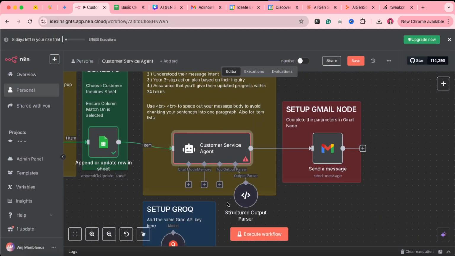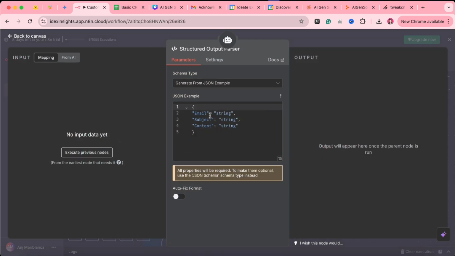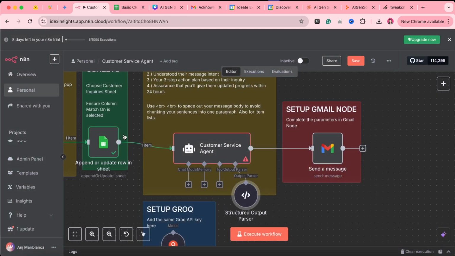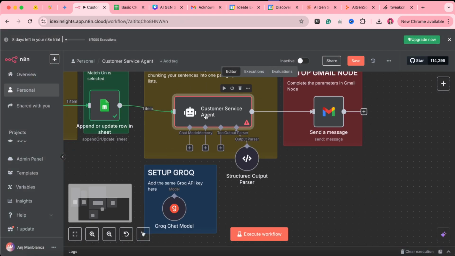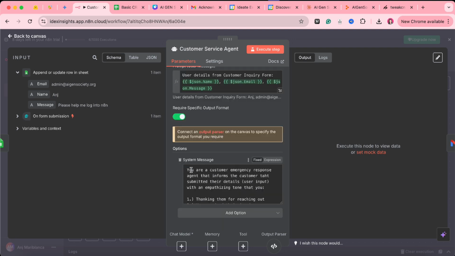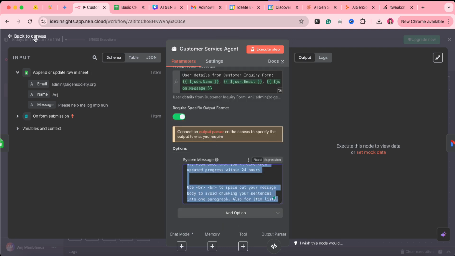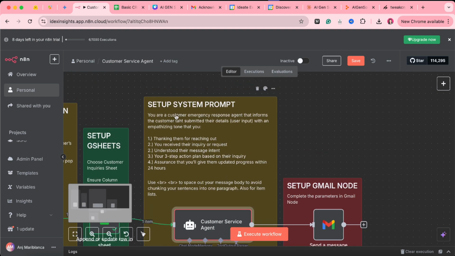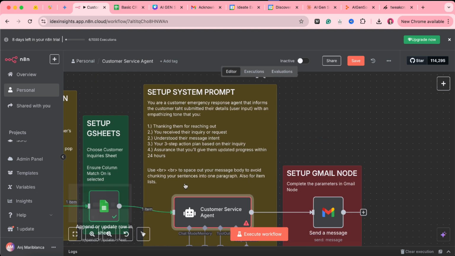Ensure this time to toggle structured output parser so it gets to separate the AI agent's email address it will send the whole email to, separates that from the subject line it creates and then the content it drafts. Okay. And then after you've done that, go back to your customer service agent and ensure that your whole system prompt has been copied and pasted on here, which you would come to see here. Once you copy and paste this entire thing,